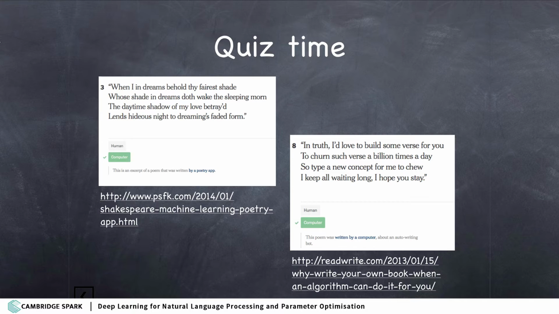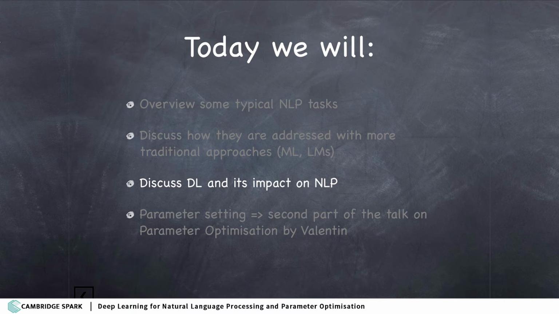The one on the left was written on the basis of Shakespearean text, so the machine was just trained on the Shakespearean text and produces something in a very similar style. If you just look at the years when this was done, it was just within the last couple of years, so to say. So these are quite novel algorithms. Now, what is it all about?